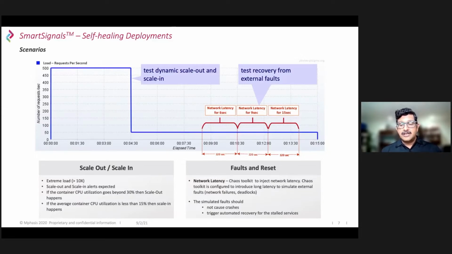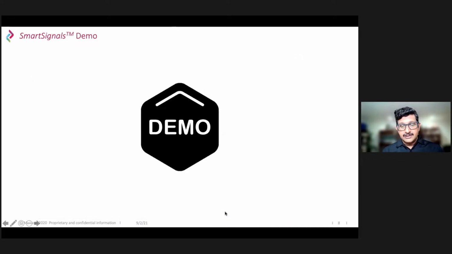And we also look at the delays crossing a certain threshold. In this case, we have given a threshold of 10 seconds. What it means is how the system would react by restarting that particular service, because now the responses have gone beyond the threshold of that particular enterprise setup. So let me quickly switch screens here to show you.